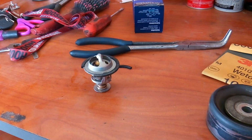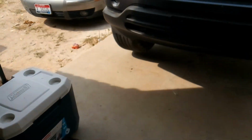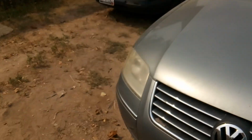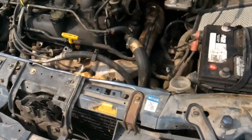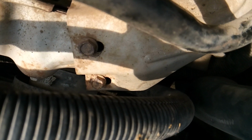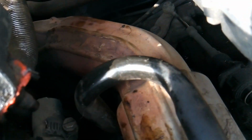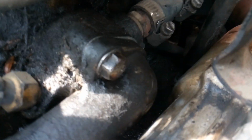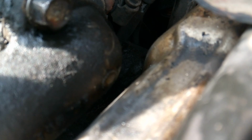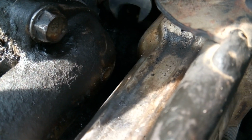But before we take a look at the difference in a new and an old water pump, I want to show you something. Now that I got this back together. Again, the proper procedure, according to the factory and the book, is to remove these two exhaust shield bolts and the ones in the back down behind in here, and then remove this crossover pipe so you can have a straight access shot